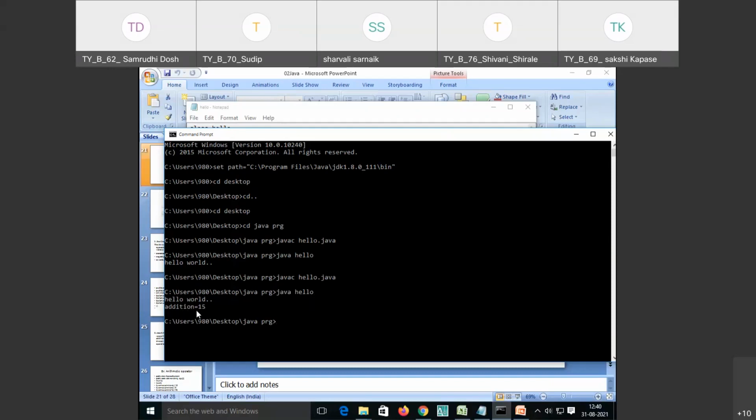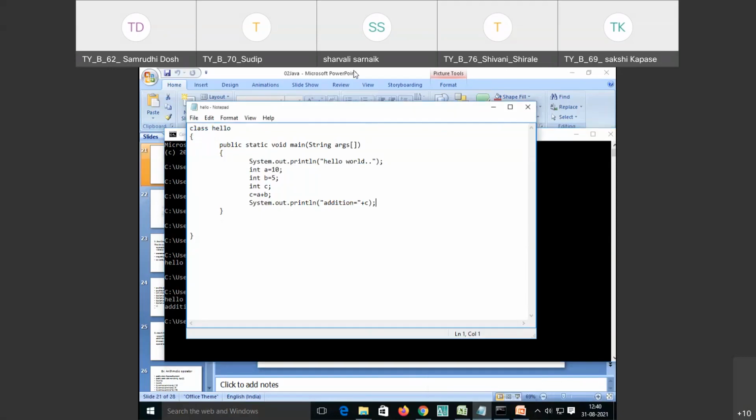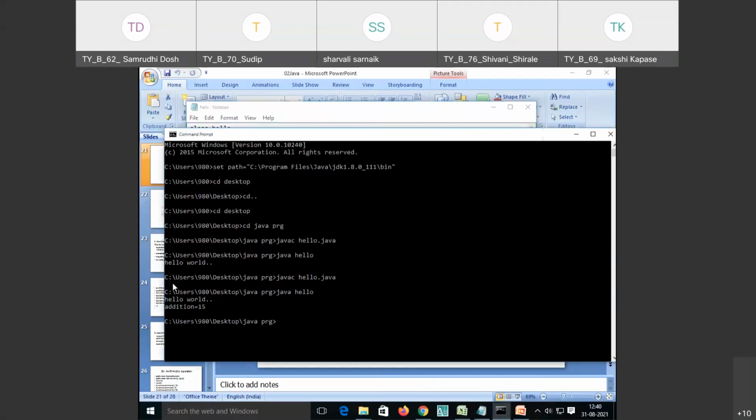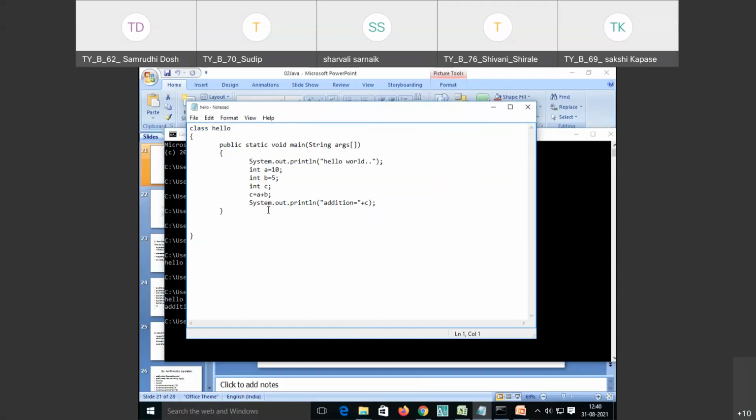So we have done a simple Java program of adding two numbers with the help of the plus operator. In this code, the first statement was System.out.println hello world, so you will observe that hello world is printed. Whatever you write into System.out.println is going to display on the command prompt.